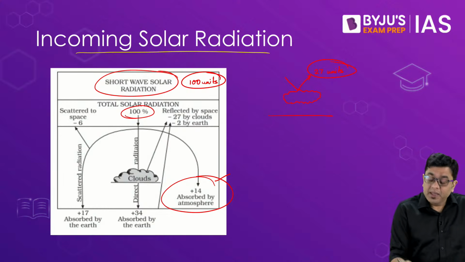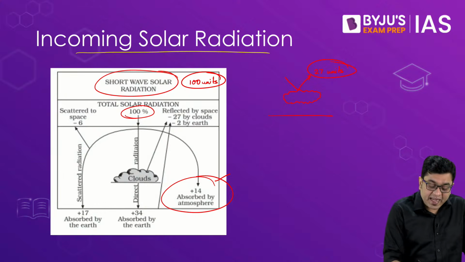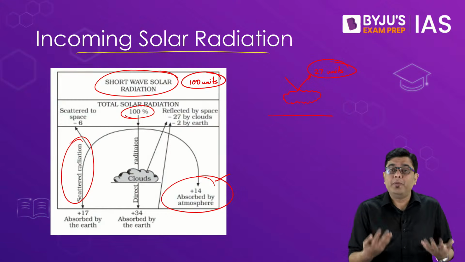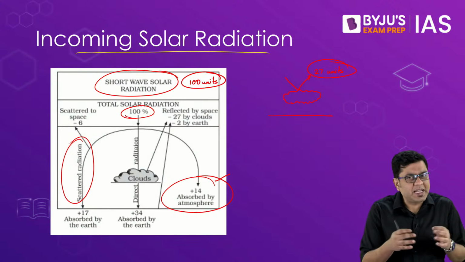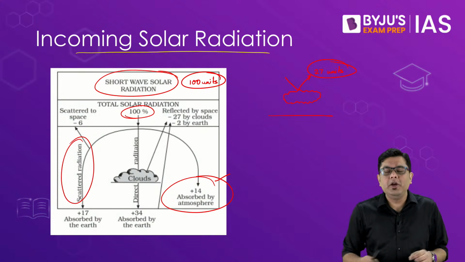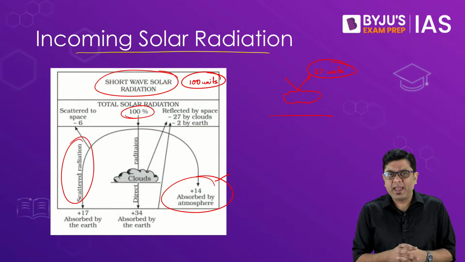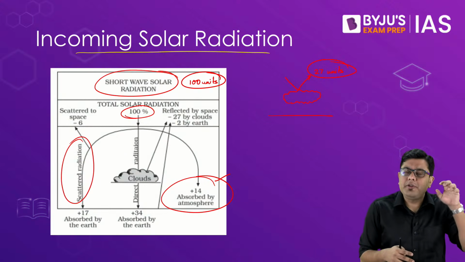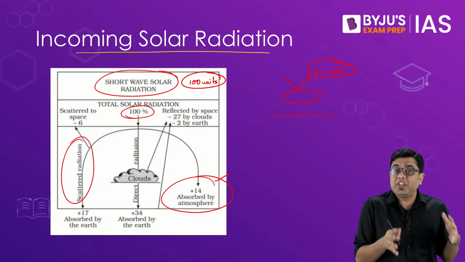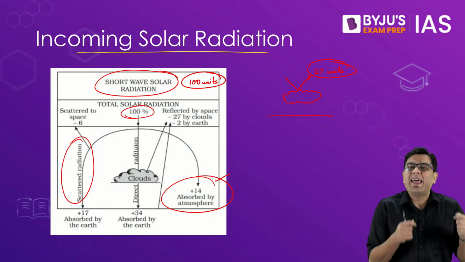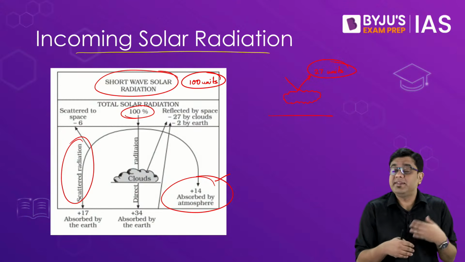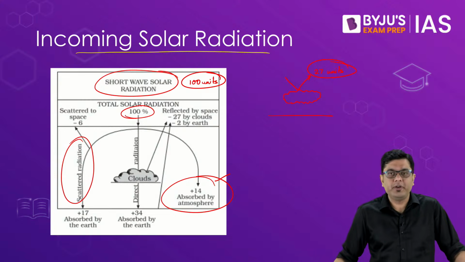Then, if you observe, some amount of these solar rays are scattered and distributed with the help of dust particles and other constituents of the atmosphere. Thereby there is a scattering of light. That scattering of light not only gives us diffused light during nighttime and allows us to see even during pitch darkness, but also works in the sense of trapping of heat. That is why heat is significantly greater closest to the surface.